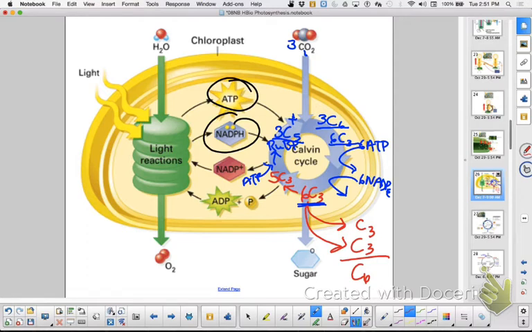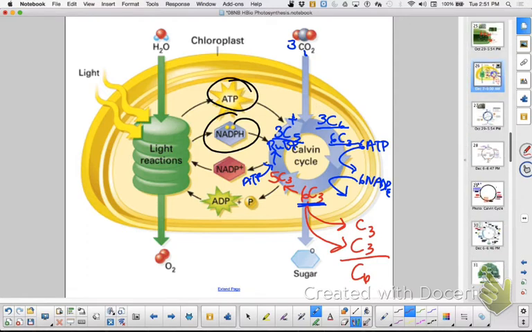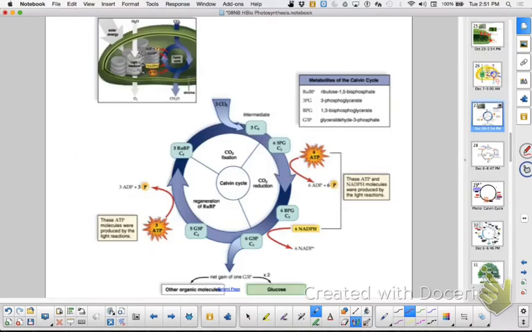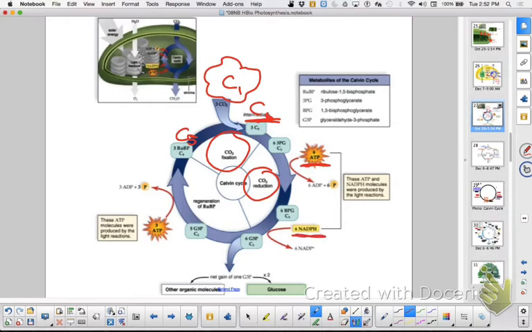So we could see it like this. There are 3 parts to it. There is the CO2 fixation. That's when the C1 hooks up with the C5 and makes our C6. We're making a gas into a what? Solid. Okay. And then we have CO2 reduction. That's when we level up using ATP and reduced NADP. And then our third part is when we regenerate RuBP, who we affectionately call,